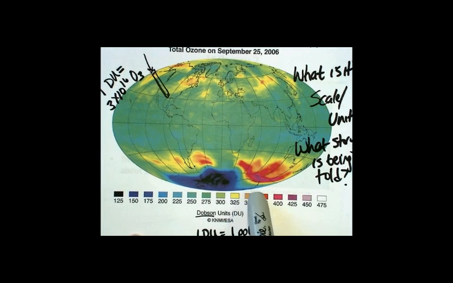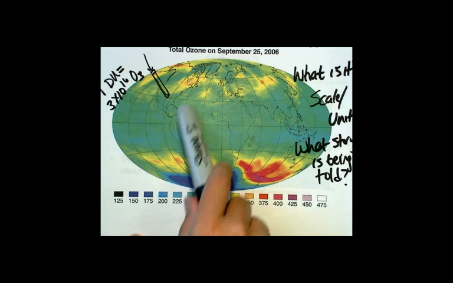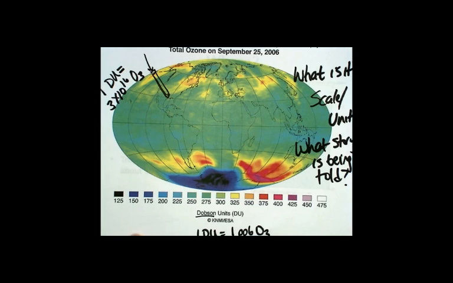Alrighty, so we want to understand, why is this story being told? Why is this story coming out like this, where there's a region of very low ozone concentration compared to the rest of the world? So we have to understand basically, what is a Dobson unit? What is this picture telling us? And it's really piquing our interest in the story, and we're going to spend the rest of these 3 weeks understanding this story so that when we look at a picture like this, bang, we know exactly